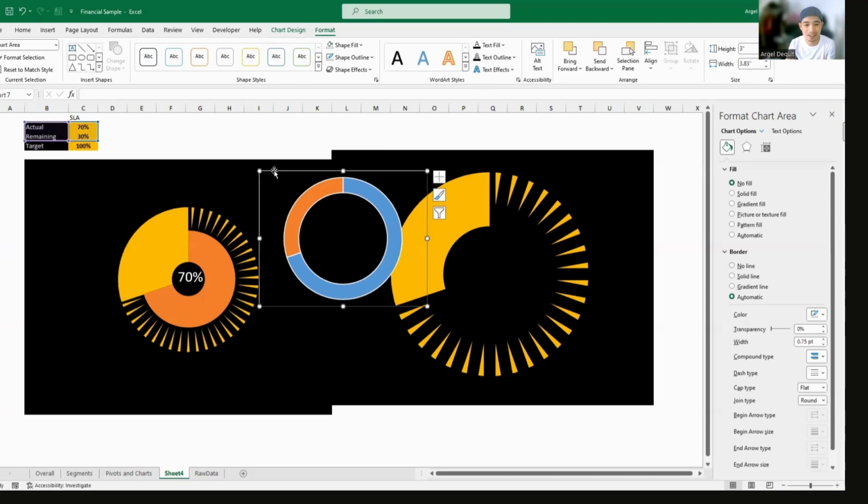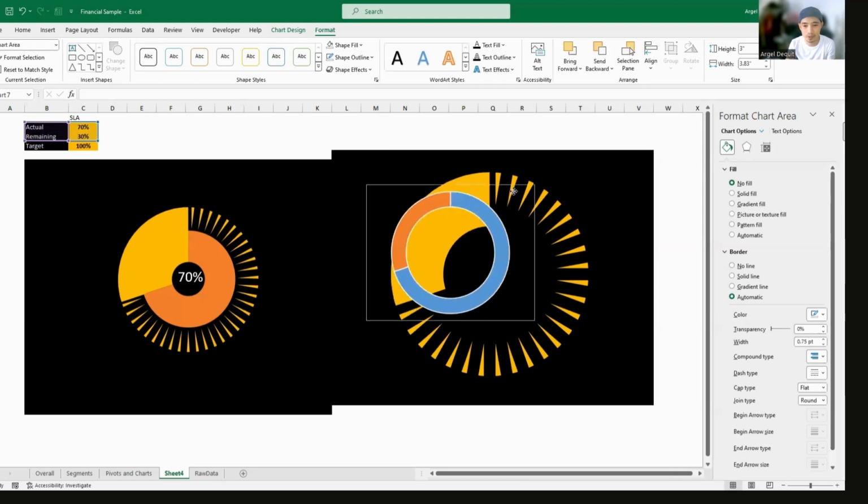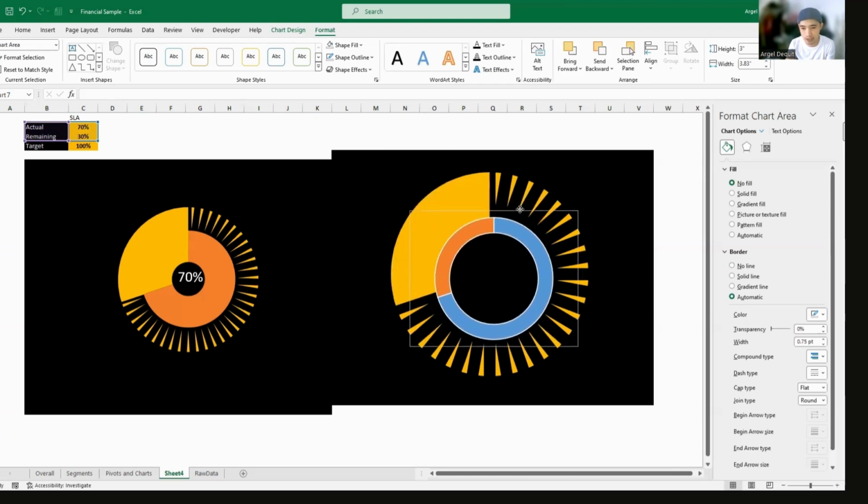Okay, now we have our chart here, and let's fill that center area and make sure that those lines are aligned. We can adjust that in a bit.